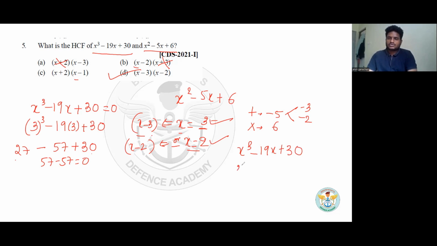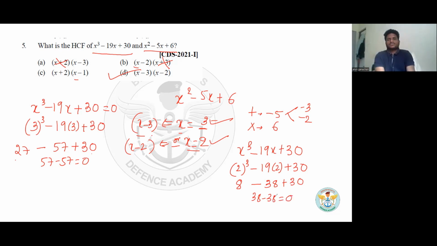So x cube is what? 2 cube minus 19 into 2 plus 30. What is 2 cube? 8. 2 cube is 8. What is 19 2s are? 38. 38 and 30. What is 30 plus 8? 38. 38 minus 8 is how much? 0. Getting this, how we are solving it is, first we will find the roots using our quadratic equation,